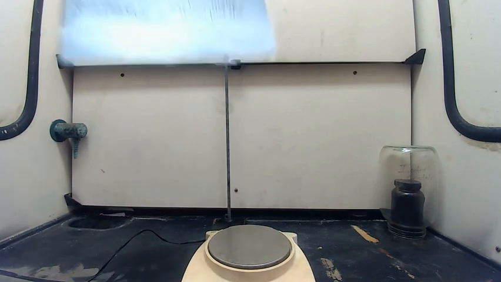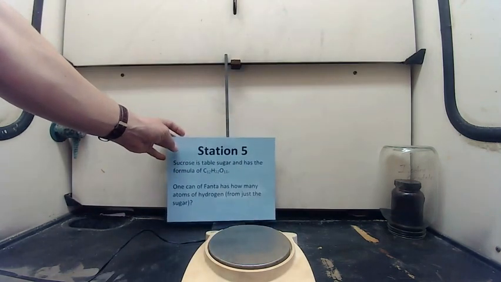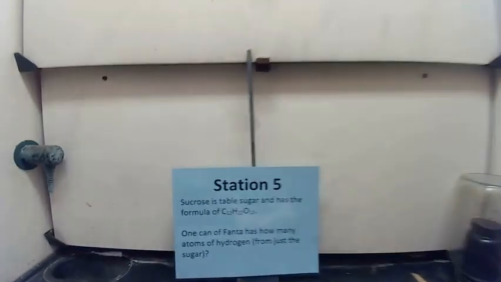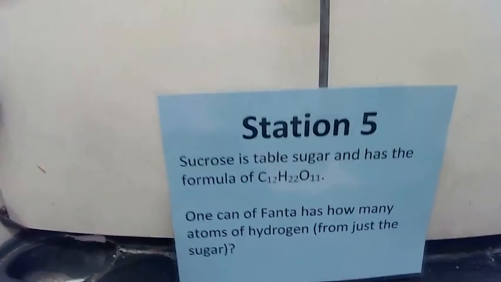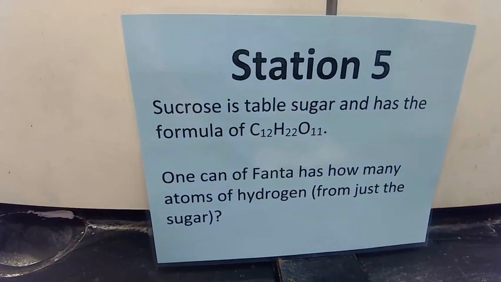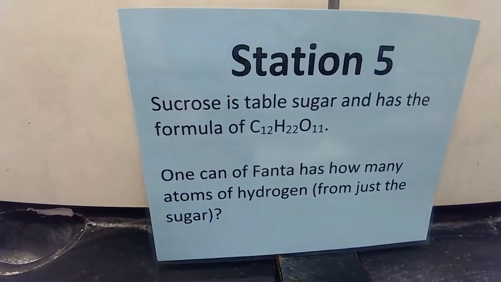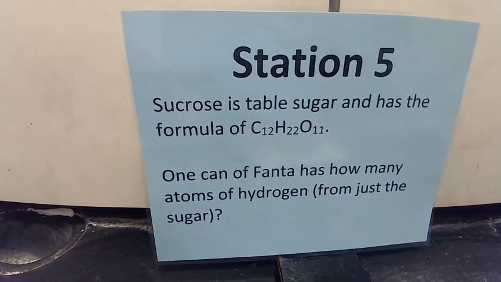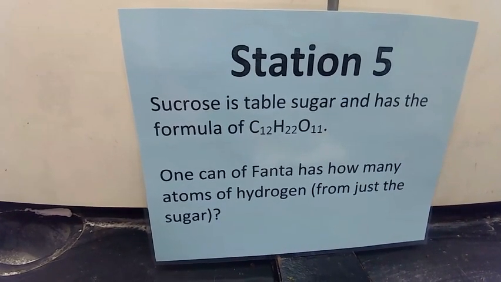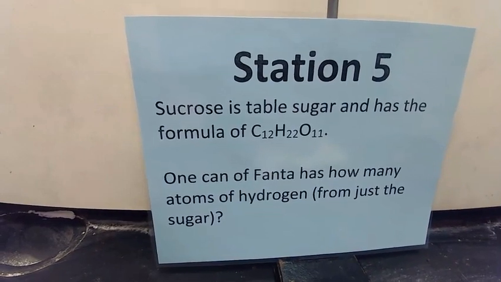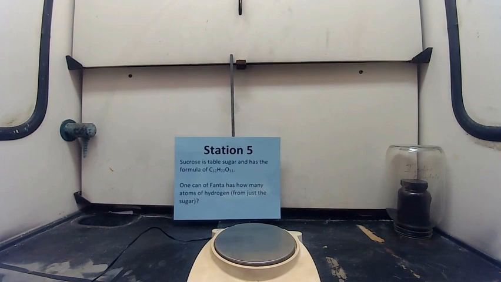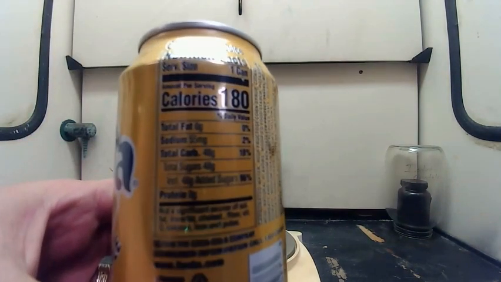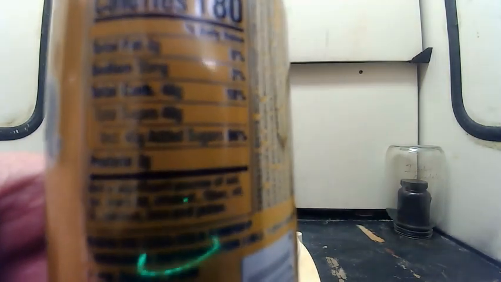All right, in this station, we are trying to find out about table sugar or sucrose in a can of soda. So it says sucrose or table sugar has a formula of C12H22O11. 1 can of Fanta has how many atoms of hydrogen from just the sugar? So we are going to need to look at the label of the Fanta. So if we look at this label and we zoom in really close,